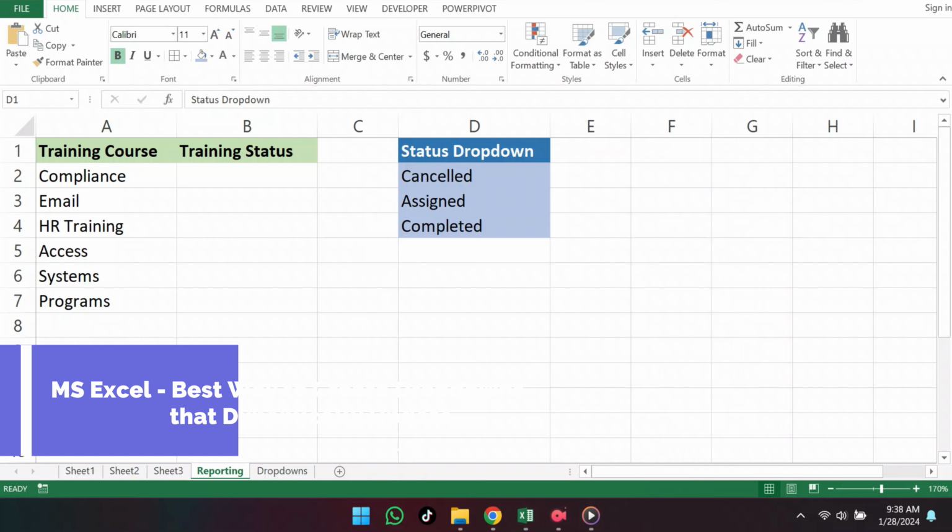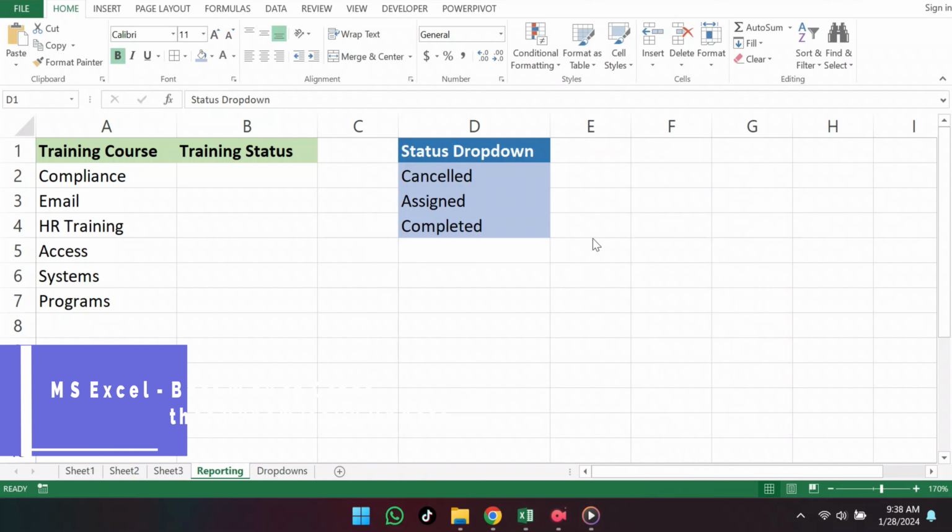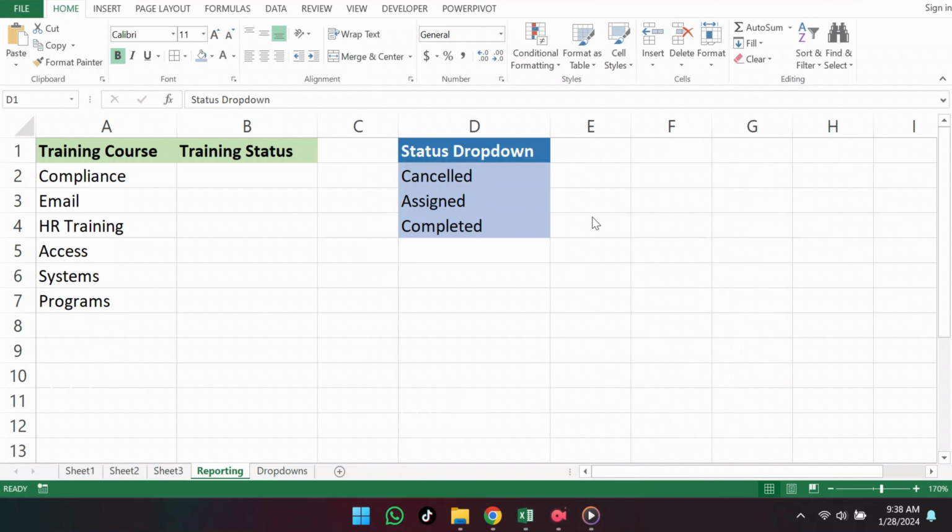The best way to create drop-down lists in Excel so that they dynamically update whenever a new option is added. Let's get started. In my reporting template example, I want to keep track of employee training statuses and give the users the ability to select from a drop-down list so the entries are aligned with items I will be reporting on. I have the items I want to include in the drop-down list on the right and the status drop-down